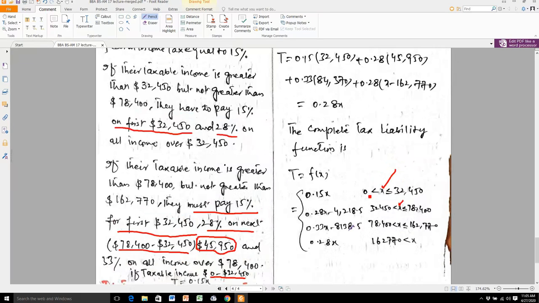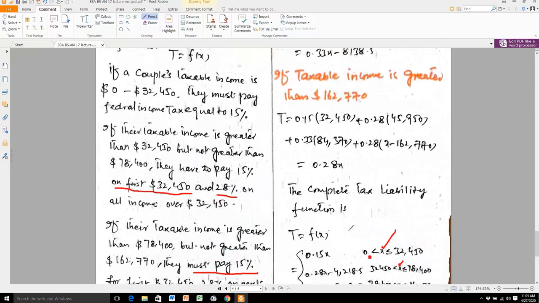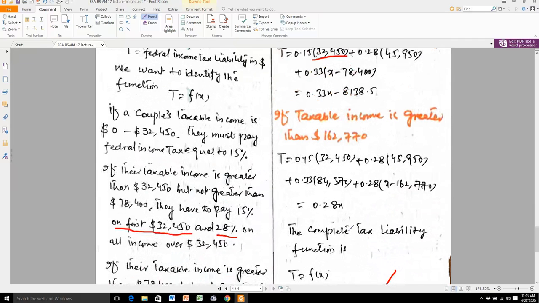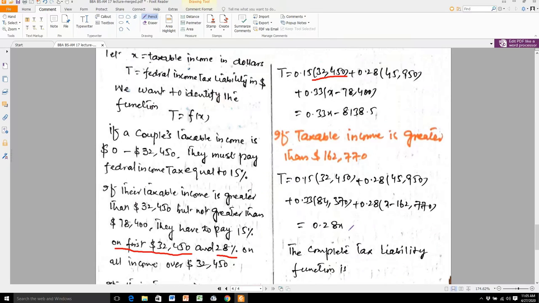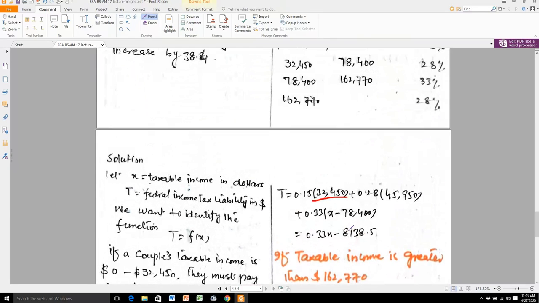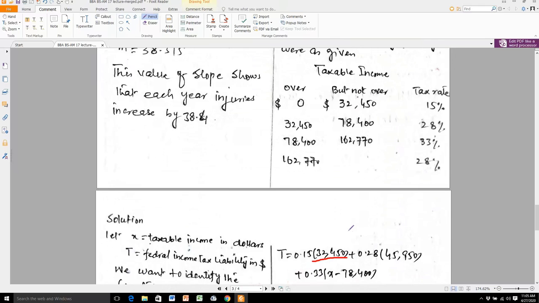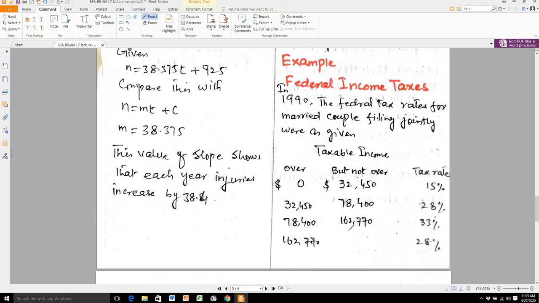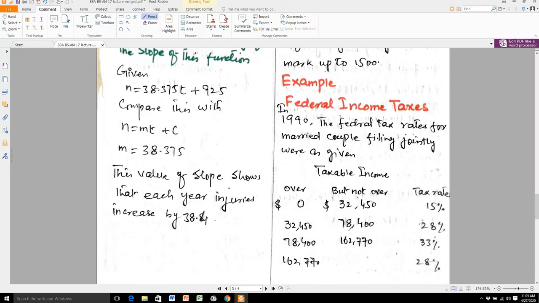Hopefully you understand this. And there is one more question given in the exercise which relates exactly to this example. Please try to solve that question according to this example. This is the only question I have given you as a practice question. Hopefully you complete this, and if you feel any problem, then text me.